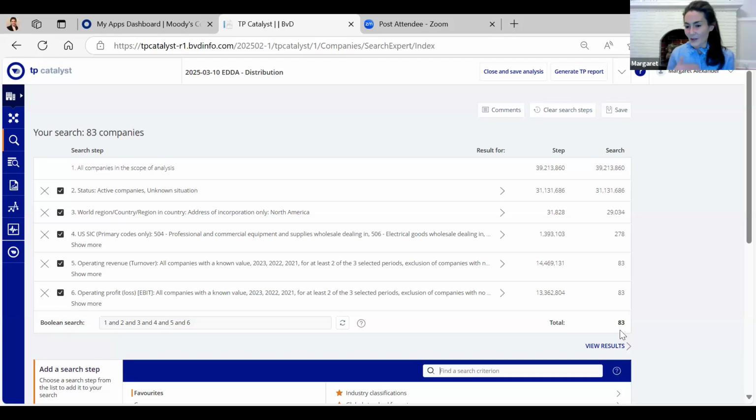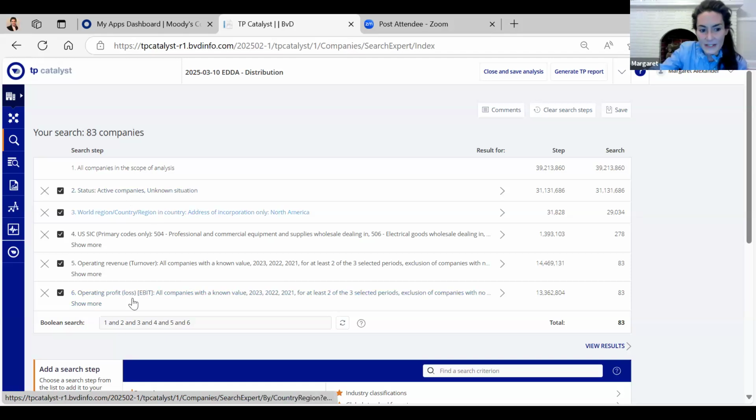Sometimes I think I could have gotten a better set if I reviewed more than 100, but reviewing 300, 400, 500 companies is going to be unreasonable because it will take you too much time. So if you can put in a good set of search steps, even if it takes a little bit more time finding the best search steps, it's going to save you time in the end.